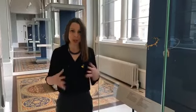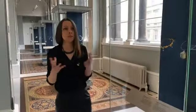And today I'm going to take you around my exhibition and show you some of the highlights of the pieces that I've acquired for National Museum Scotland as part of this research project, and tell you a little bit about the trends and styles that emerged during this period and some of the designers and makers that were working as well. So, mid-century modernism is probably the most known terminology for this period, and the artists, designers and craft makers